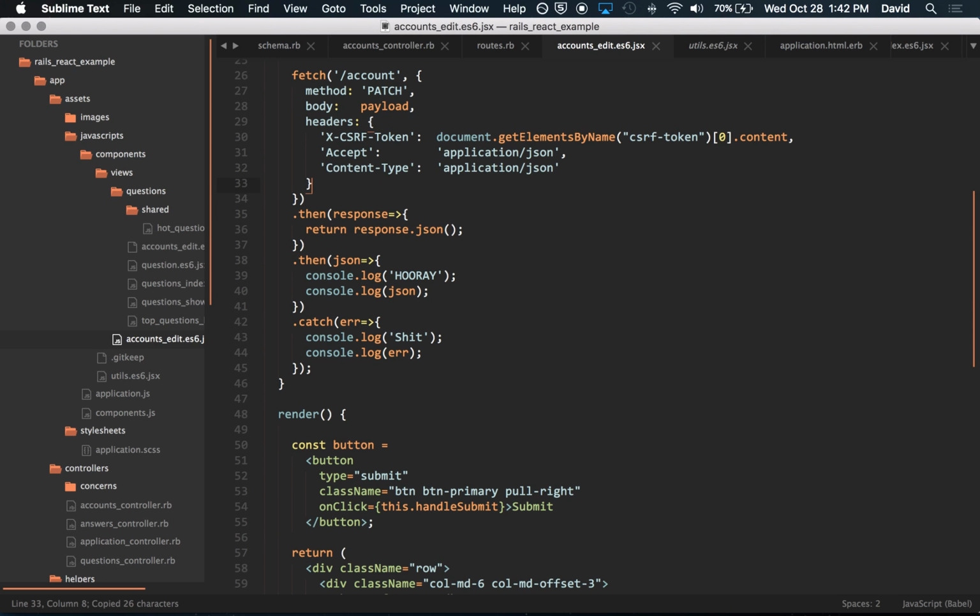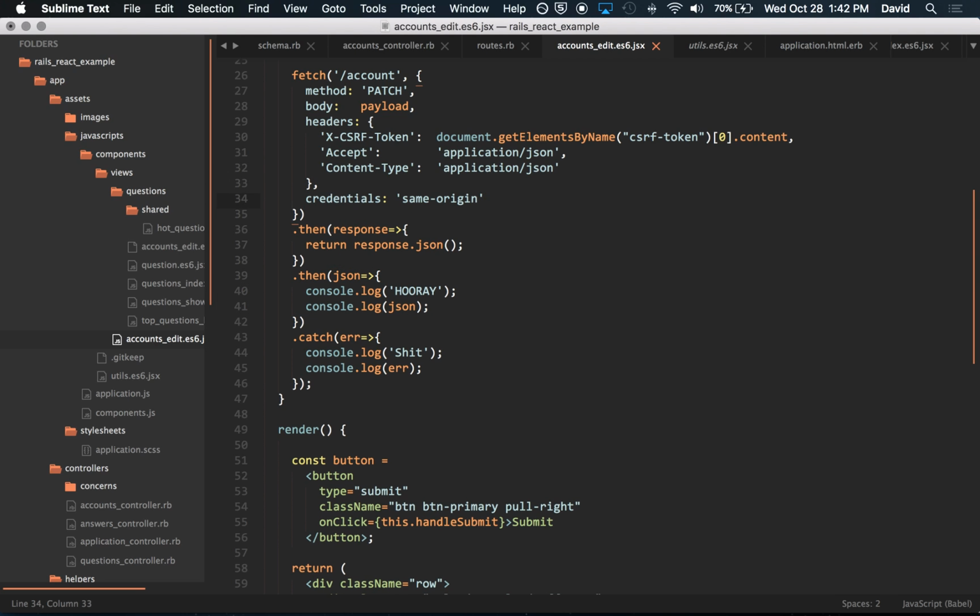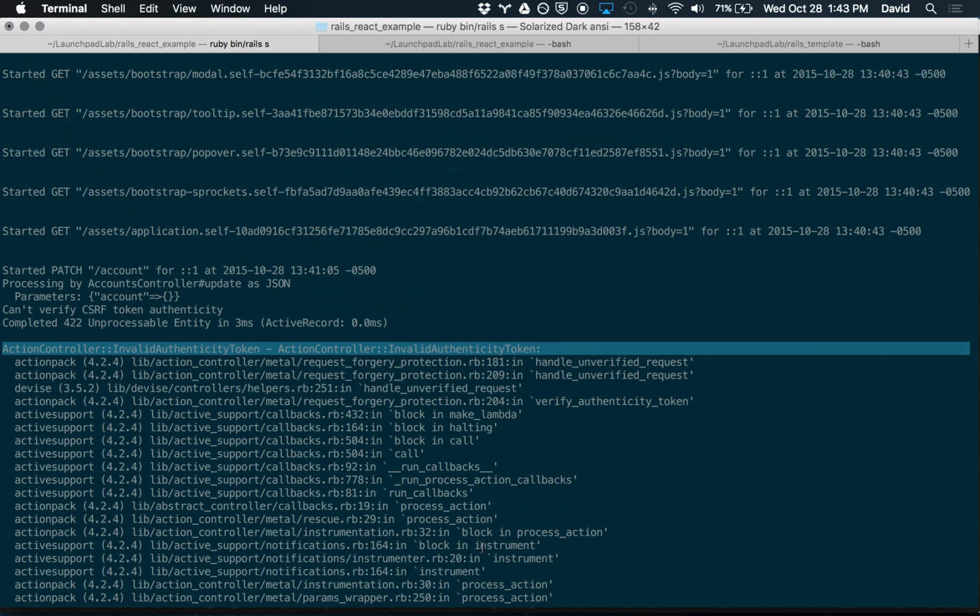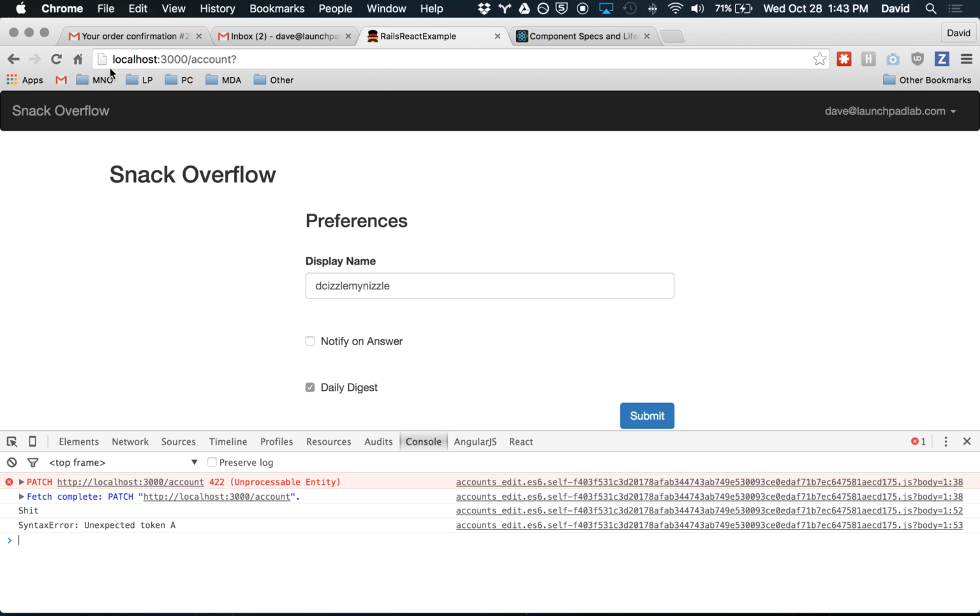So basically, to include the cookie, I do this: credentials, same origin, which will include only cookies for this origin. If you want to include third-party cookies as well, it's a different argument. I forget what it is. But you basically have to do that to include the cookie. It doesn't do it by default. All right. So now if I go back,